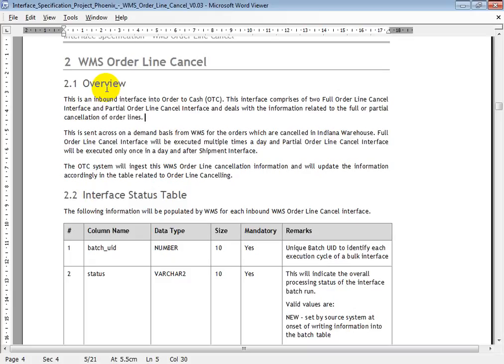This one is full order line. Suppose one order contains two order lines, meaning they have ordered two books in an order, and they want to cancel one book order.